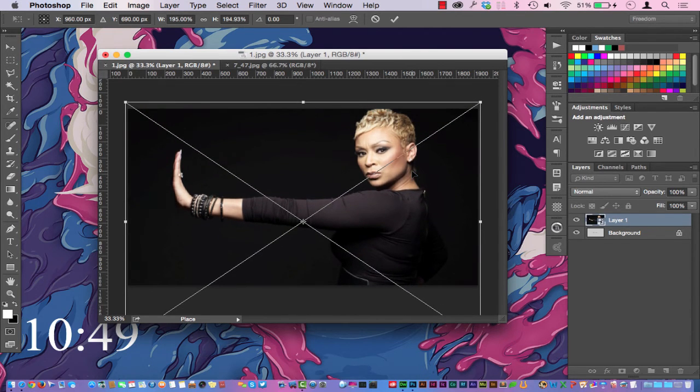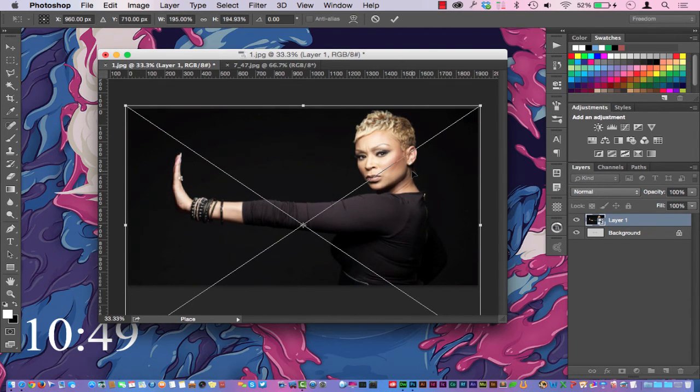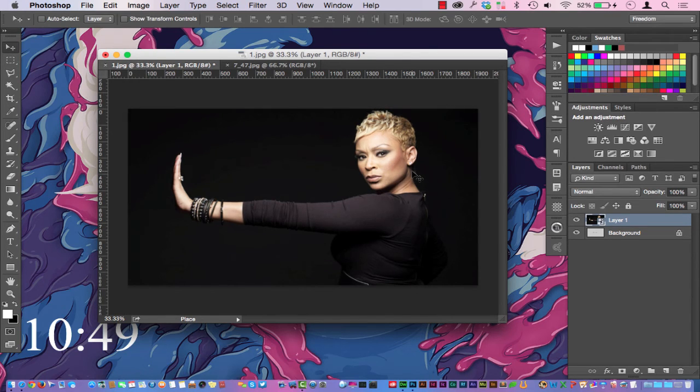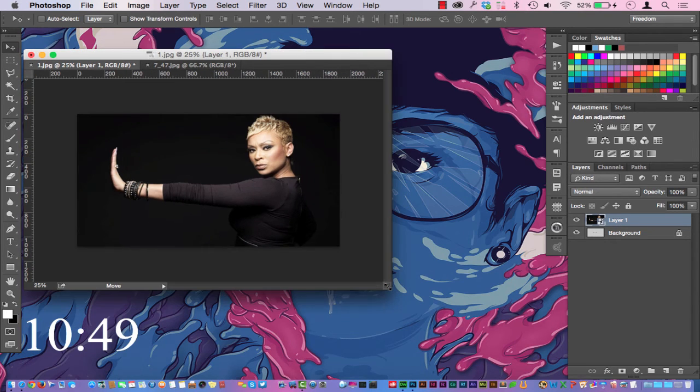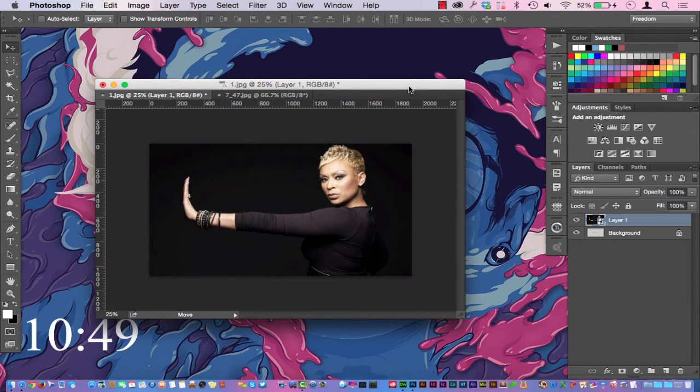So now I'm dropping the image down with my arrow keys by holding Shift, and I have the image where I want it. You can see that the image looks really good in fitting the size dimensions of where it's going to go on the web. So that's it. Very simple, very easy. If you have Photoshop on your computer, open it up because I just showed you how to preserve the pixels, create a smart object, and get this image ready for wherever you want to put it on the web in the best